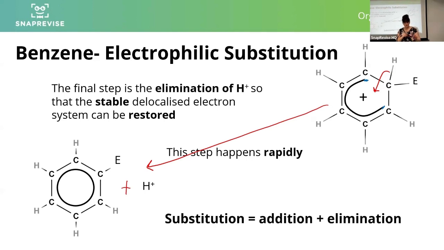Lovely. Just as a little aside, you don't need to remember this, but I think it's useful. A substitution reaction is an addition reaction followed by an elimination. The challenge is that the addition and elimination are creating and using unstable species, which is something with a full-on positive charge, which is why the substitution continues through addition to elimination to create the full substitution reaction, because then we end up with a species which is stable and neutral, no overall charge. Okay, let's keep